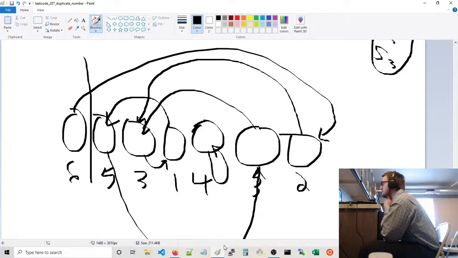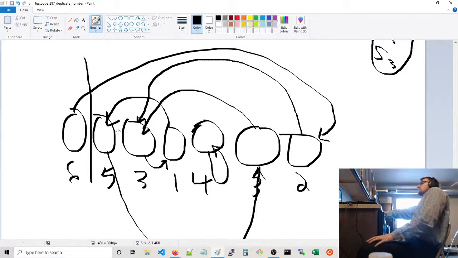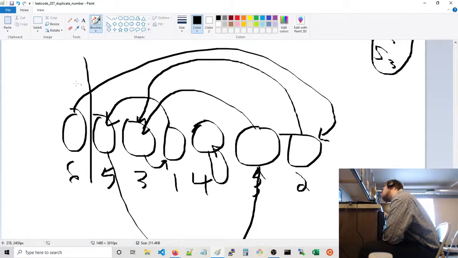Now obviously the nodes that are in the correct position, we can skip those, I guess. I don't know. So what we say is